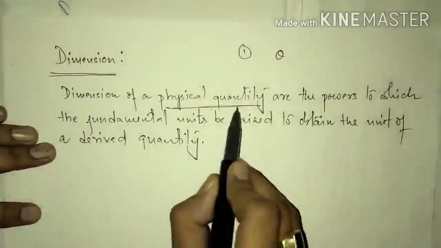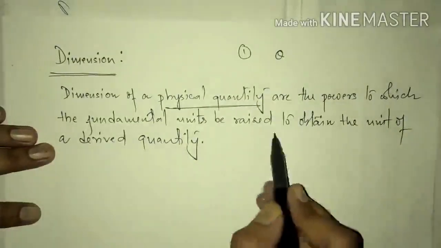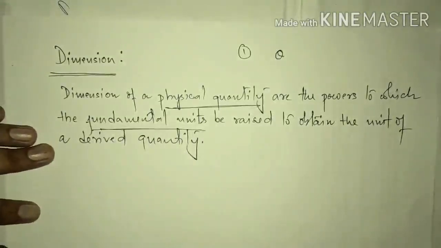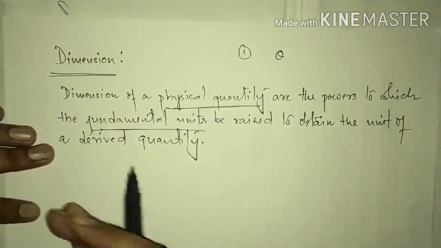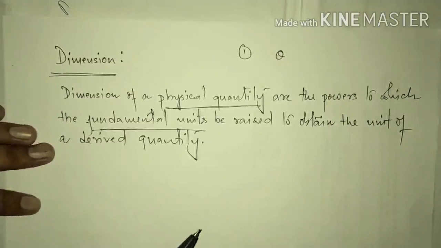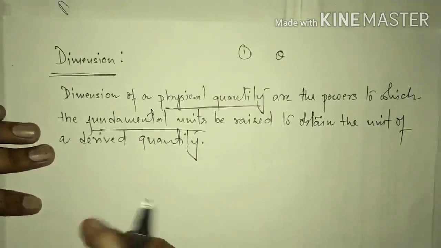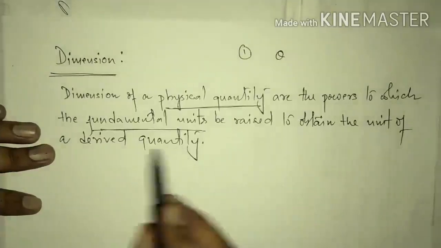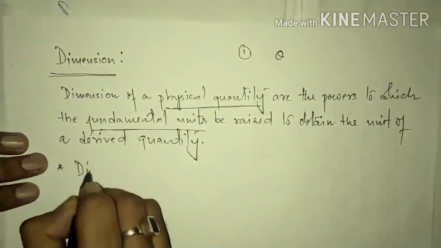So, in order to find the dimension of any physical quantity, or to be more precise, any derived quantity, basically what we have to do, we have to raise the power of fundamental units. Now just remember, on the previous page we have discussed fundamental quantities and the units. And here also you are getting fundamental units. Now let us see how to write the dimension, how to relate the dimension of a physical quantity with fundamental units and all that. Now first of all, dimension has to be written